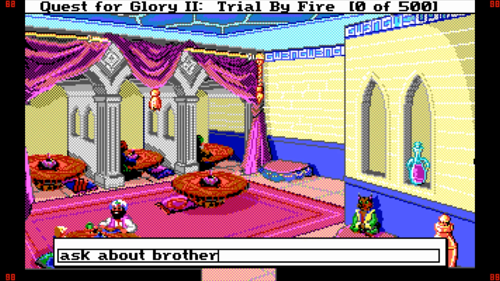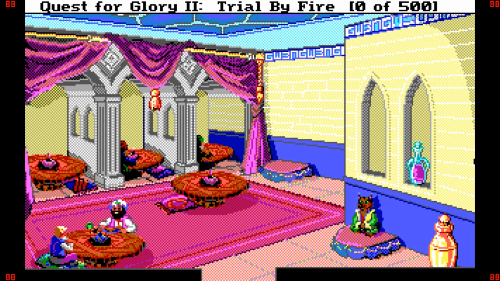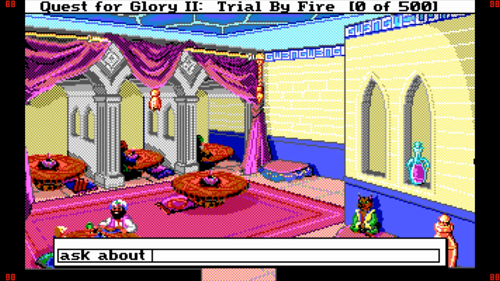His brother? Tell me about this other place, Wazir. Wazir and Shapir were sister cities, separated by the sands of the desert. Now it is said that the fountain of Wazir runs no more, and that the city's soul has shriveled like a grape in the sun. That sounds terrible. What can you tell me...